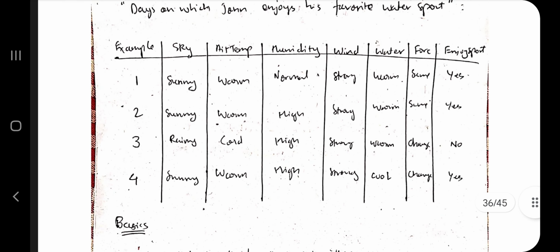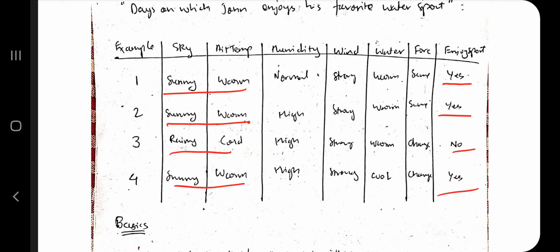Now see, I just told you about one attribute, but there are many other attributes, so we have to consider all of this. Sunny warm, he's enjoying sport, yes. Sunny warm, enjoying sport, yes. Rainy cold, no. Sunny warm, yes. So I can specify it further, not just sunny now, but